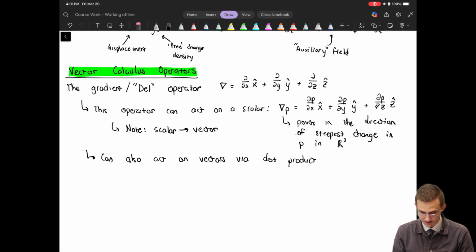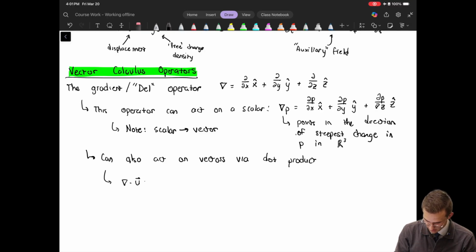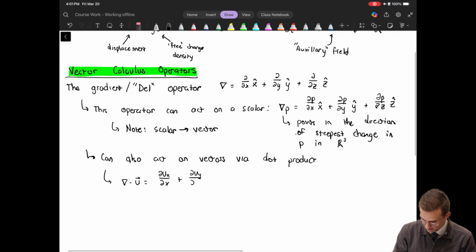So this thing is called the divergence. And so let's say we have del dot u. Like with any other dot product, you multiply the components that have unit vectors that match, and then you sum them together. It's based on this concept of orthogonality, right? And so what we're going to end up with here is dux dx, so the x component of u, plus duy dy, plus duz dz. Okay, and as another note, here we're taking a vector and turning it into a scalar,